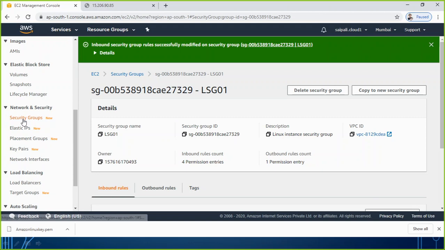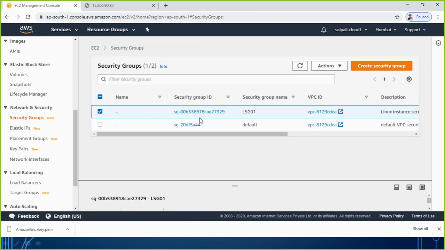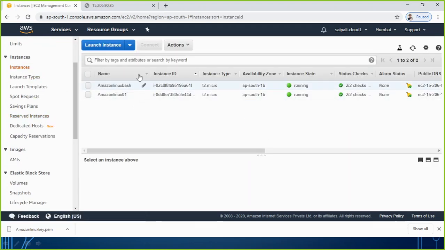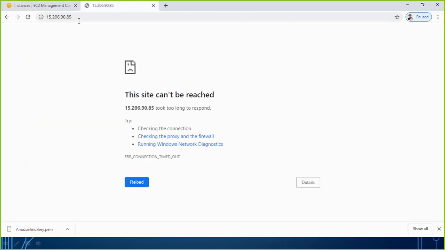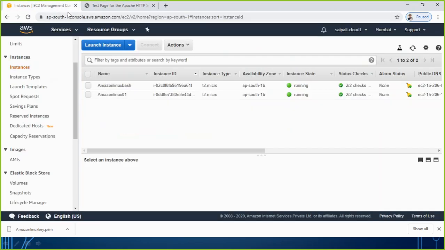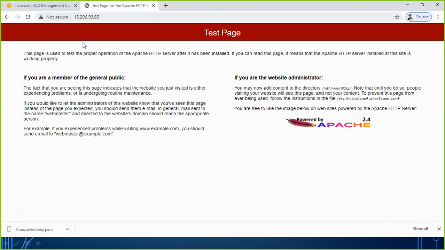So this security group, which is called Linux security group 01, which I created, is the same security group applied on both of my instances. But just because this instance already has a web service, it will be able to give me a website. If I refresh again, you see it is giving me a website from this IP address. That means this instance is running a web service and it is providing me a website.